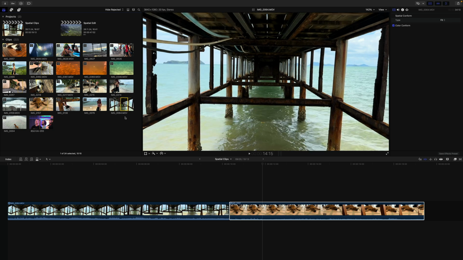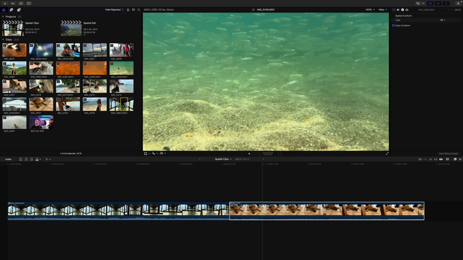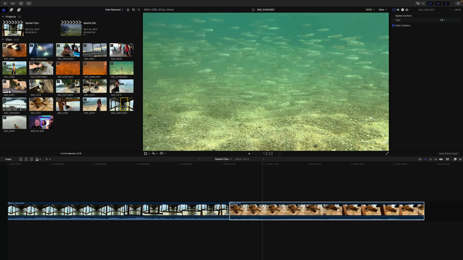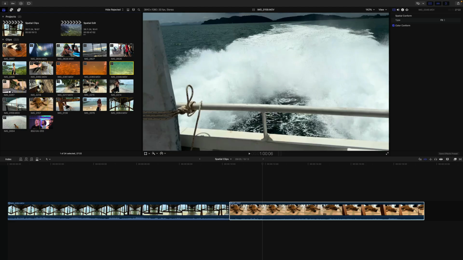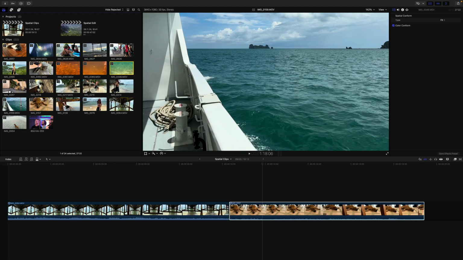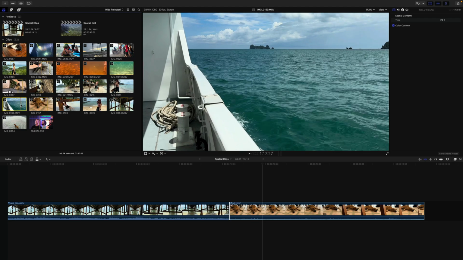Again, for a more in-depth and technical explanation, check out my previous video on the subject. In other words, technically speaking, the actual resolution of a spatial video is twice the width of the original, therefore 3840, twice 1920. So while editing spatial videos effectively is no different to just editing any other video, there are of course differences in the options to display them, export them, as well as a couple of spatial video specific parameters. So let's look at the display options.